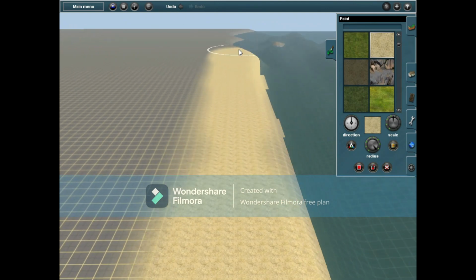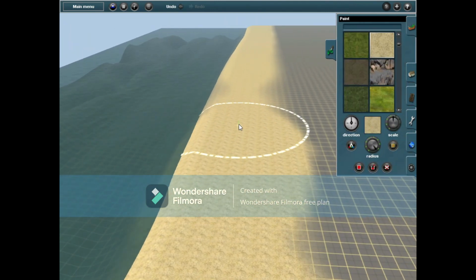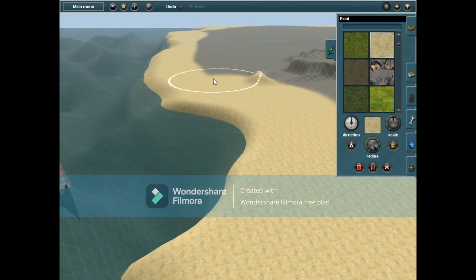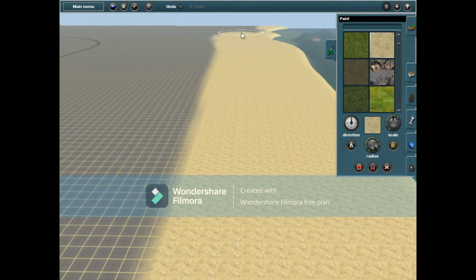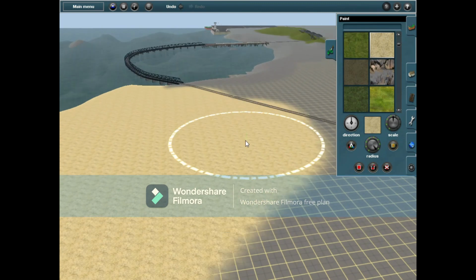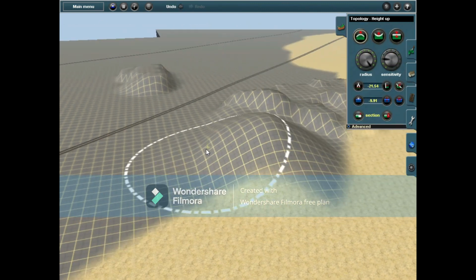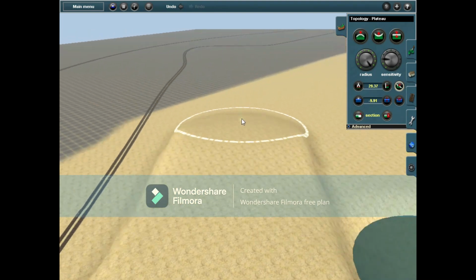Then we go on to the beach part of Siren. So I had to go all over the seafront and paint it a sand-like texture. I hate sand. It gets everywhere and it's annoying. And some of it also went on the track. I didn't want to have that. So I then added the